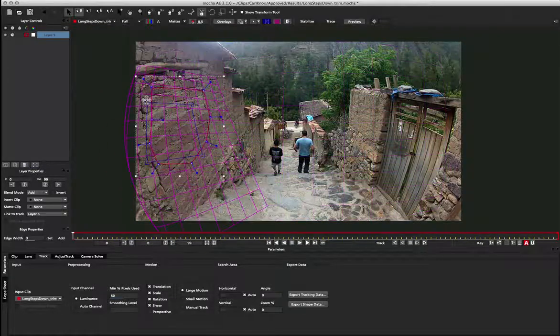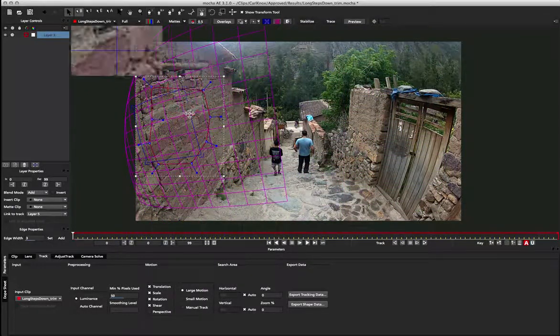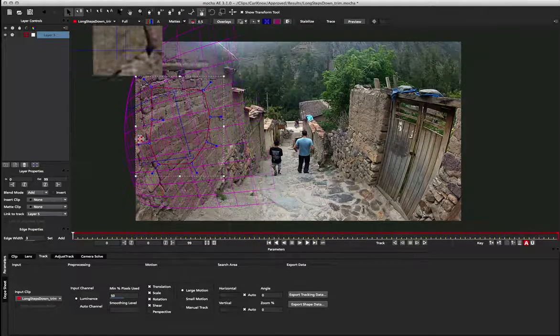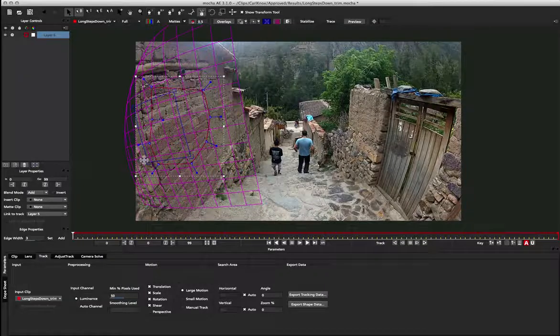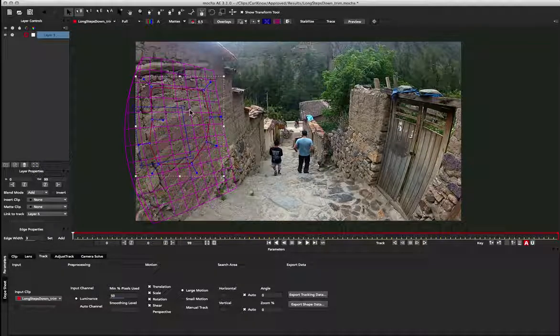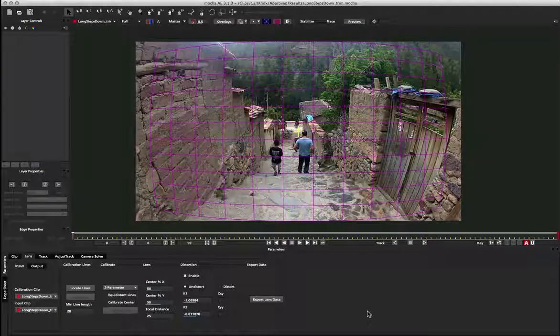So you may find that you get some problematic tracks or incorrect looking warps at the edges of your footage for really severely distorted footage. This is just a limitation of the warp in general, so you may need to avoid that or flatten out your comp first and then try and track that separately. Keep in mind, however, this is usually only for really severe distortion and also only usually happens at the edges of your footage. So that's how you use the Mocha Lens for After Effects plugin using Mocha AE 3.1 or